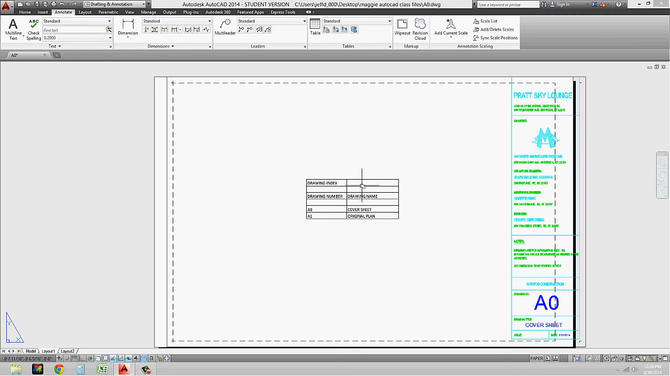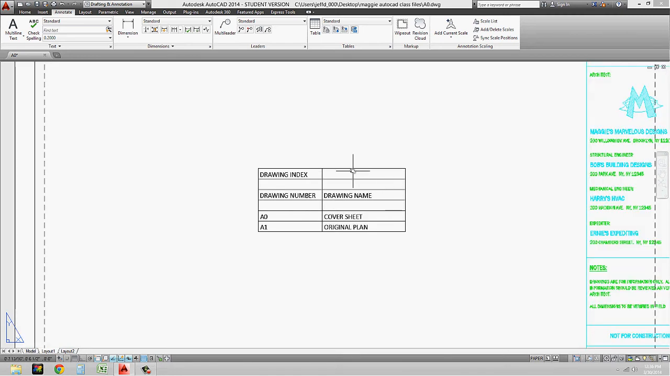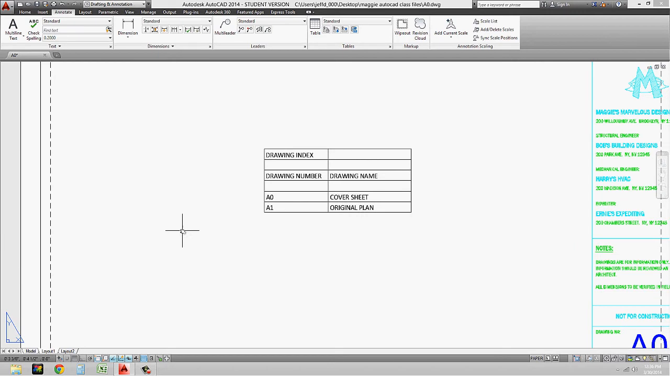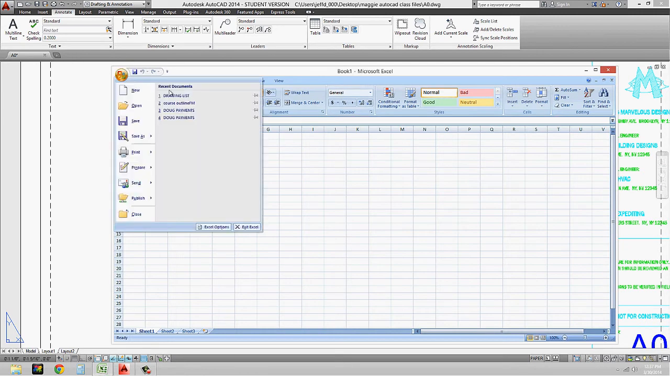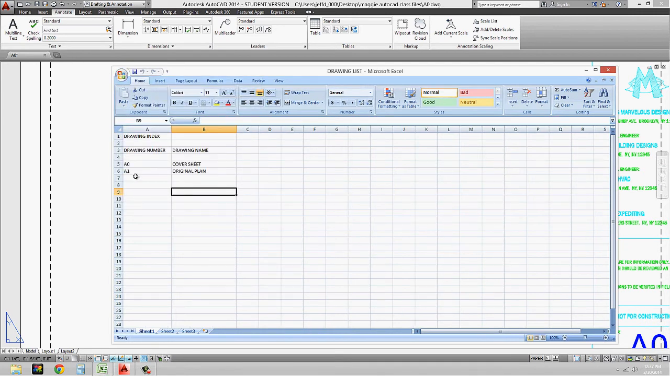So now what we want to do is make some changes to it. The first example of what I'm going to do is go back to my Excel spreadsheet. I'm going to open up my drawing list and add to it. And again, this is where I think it gets really easy, in that I can just click and drag